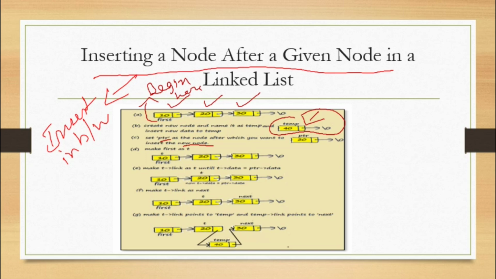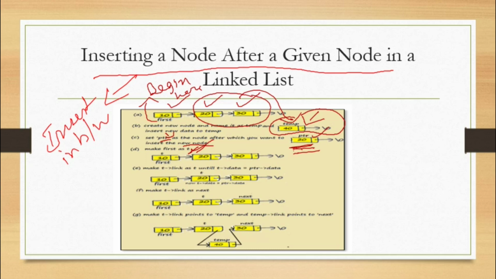So students, here I need to insert the temp after 20. I'm adding it in between, so I am adding after 20. So this pointer variable, which is of type node, should be 20 in this case. I am inserting this temp between 20 and 30. First I have to take t because I need traversal. So here I am traversing with both t and pointer.